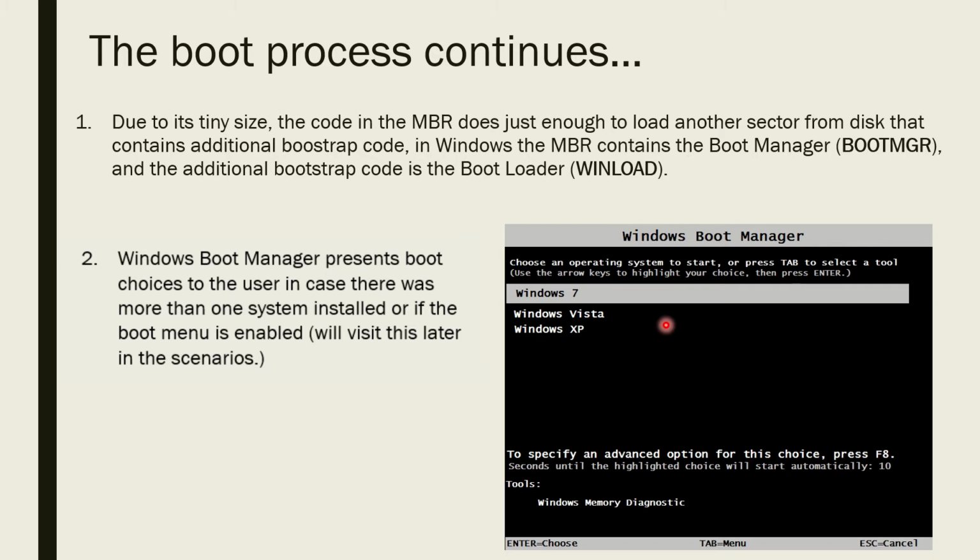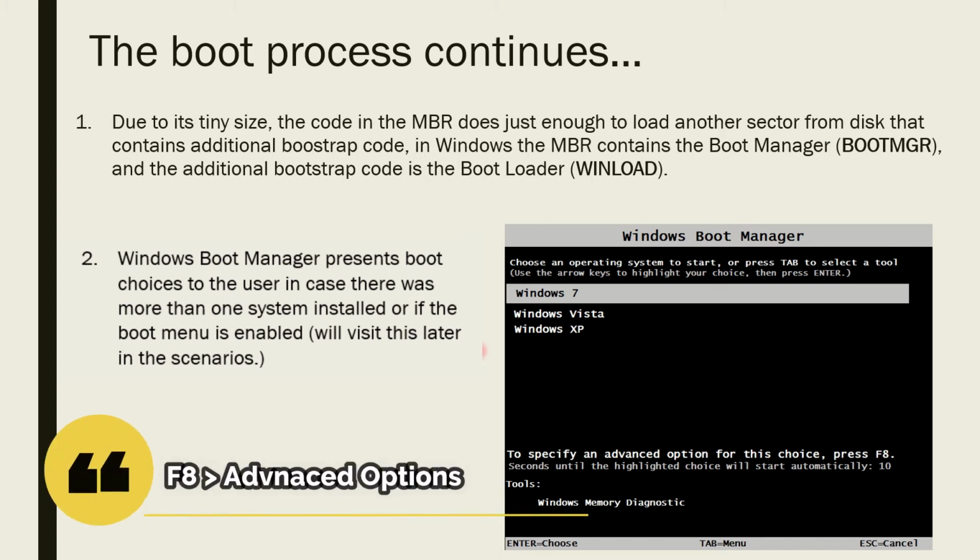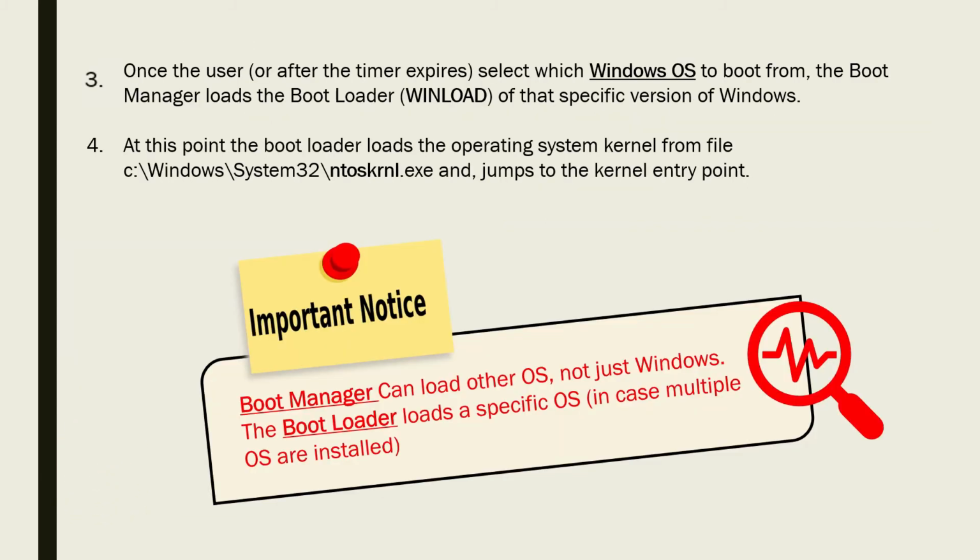We used to see this selection menu whenever the system booted in Windows 7 and before, but now with Windows 10 it's disabled by default. If you enable it, we'll see how to achieve that in the labs at the end of this presentation, you will be able to enter the advanced boot options, for example, by pressing F8. In either case, if you choose which system to boot from, or in case you didn't, once the timer expires, and this timeout is configurable, Windows Boot Manager loads the bootloader, then the bootloader loads the operating system kernel, ntoskrnl.exe. This file is located under the System32 folder on the system root